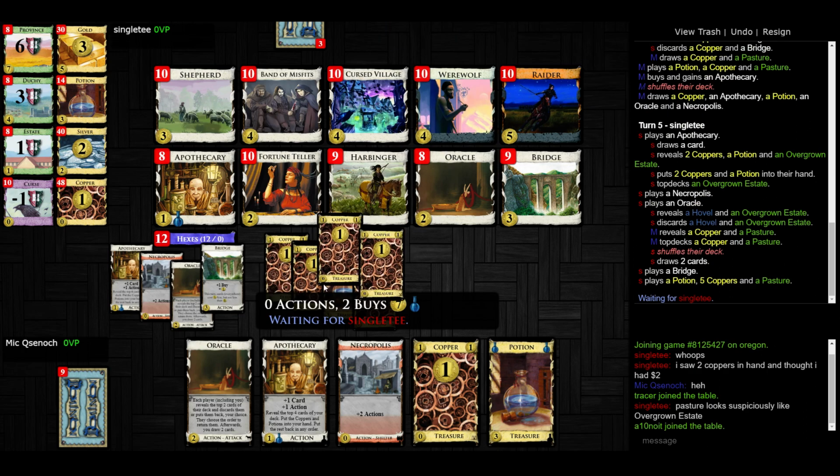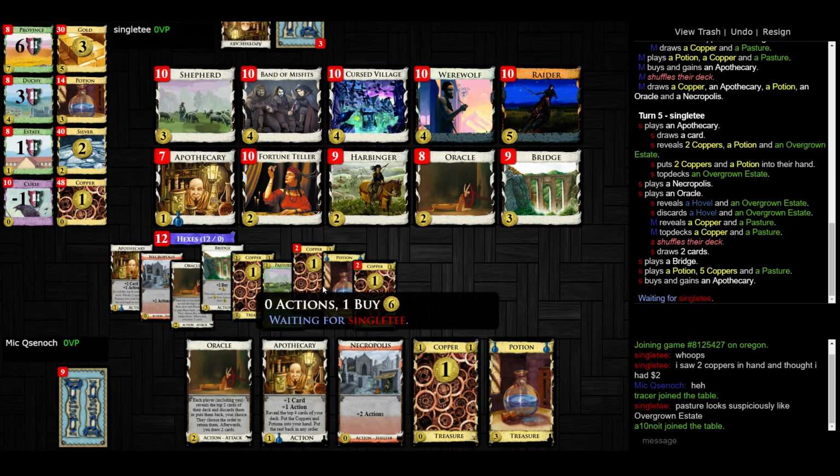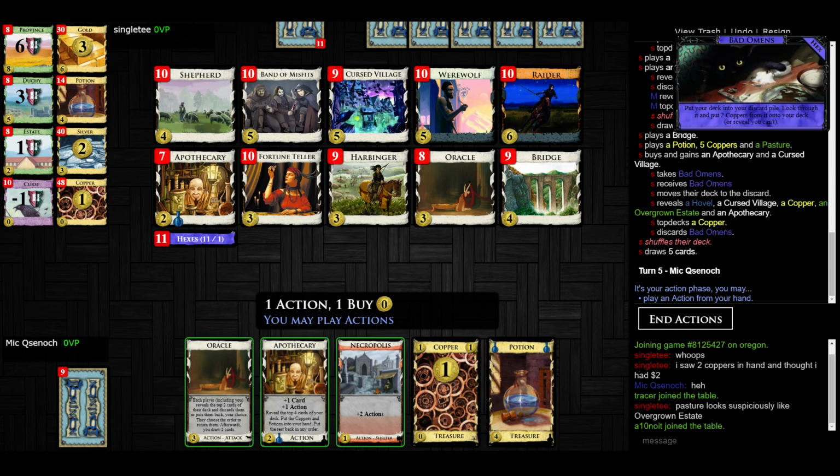I don't know if I actually ordered that correctly. I didn't take the time to figure it out. So I might have goofed on the Oracle, or on the ordering there, but that's alright. He had a nice turn. And he got Bad Omens, which made him...